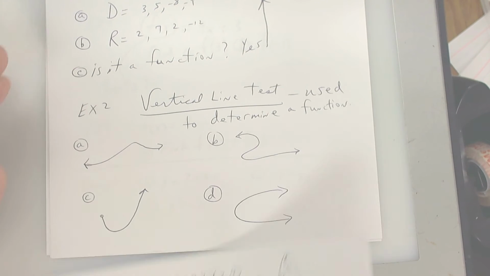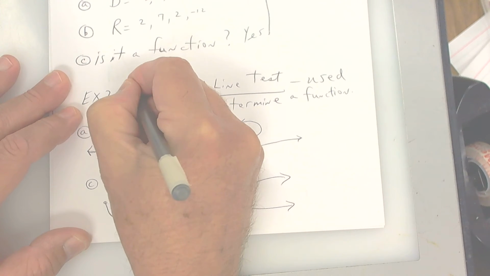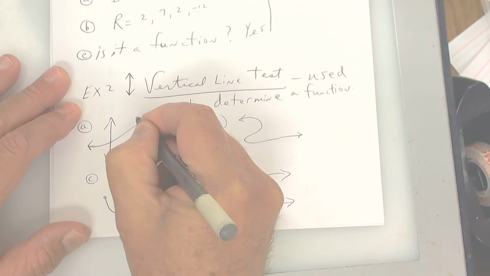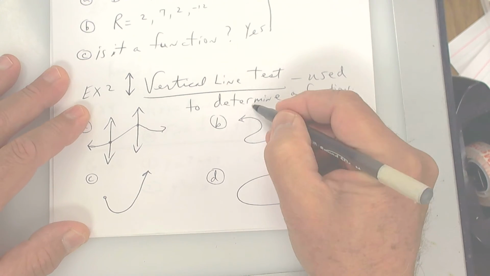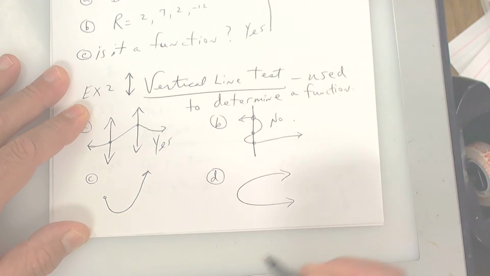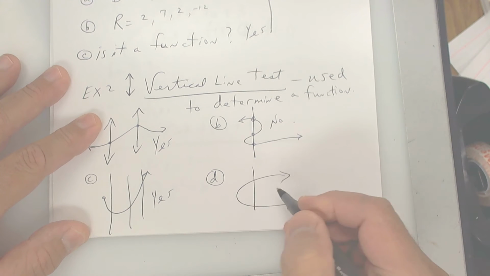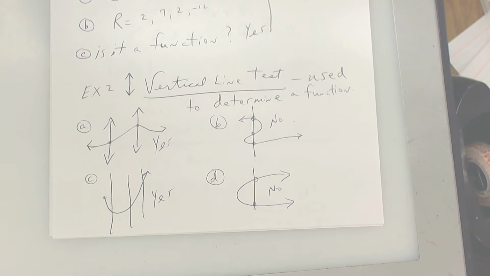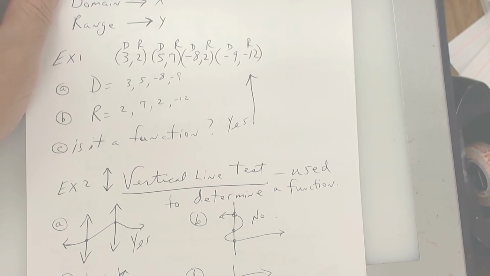Okay? Vertical line test. If you draw a vertical line, which looks like this, and it hits 2 points, it's not a function. This one is a function. No matter where I do a vertical line, it only hits 1 point. This one hits 3 points, not a function. So this one's yes. This one's no. This one is going to be a yes. And this one's going to be a no. It hits 2 points. Okay, so if you can do a vertical line anywhere and it hits 2 points, it's not a function. And that means you have a repeat